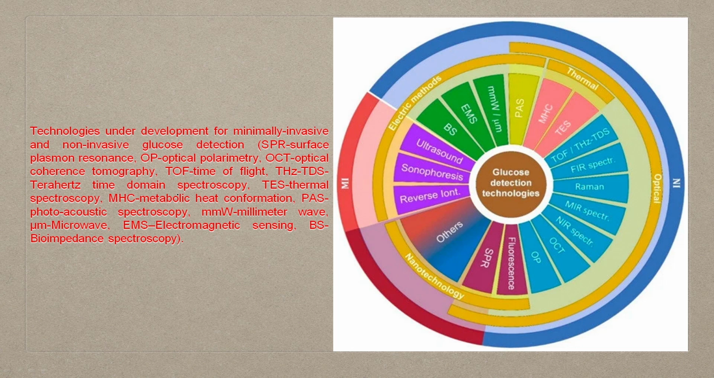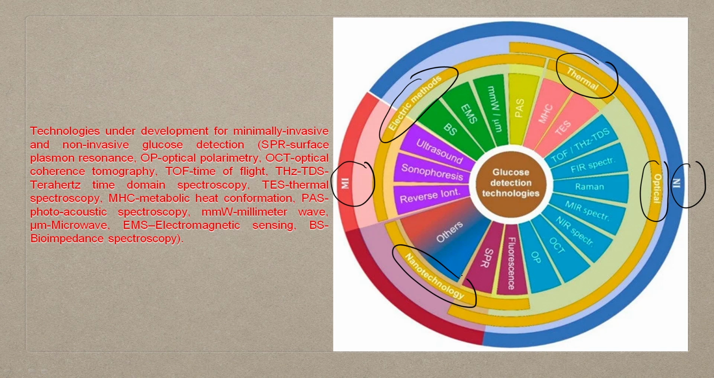So, this is a chart, MI is minimally invasive, NI is non-invasive. You have optical technologies, thermal technologies, electric methods, nanotechnology methods. These are the overall classification of how these technologies are involved. Like you have minimally invasive ultrasound, sonophoresis, we will talk about it, reverse iontophoresis. Then in the electric method, you have amperometry, then you have thermal methods, we will talk about that, PAS, MHC